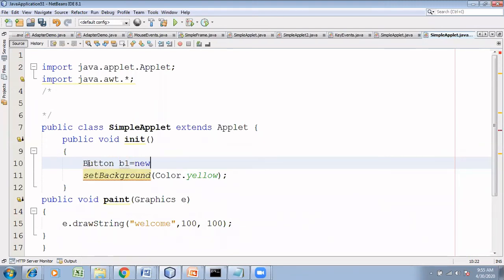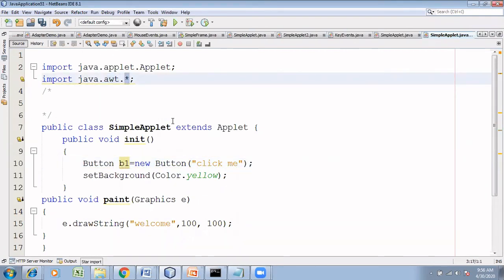So I wanted an object. We wanted a reference variable. So Button B1 is equal to new Button. So constructor is called. Constructor has a parameter called a label for that particular button. So let me give click me. Semicolon. This button class is available within AWT. I have directly given star, so button class is imported.